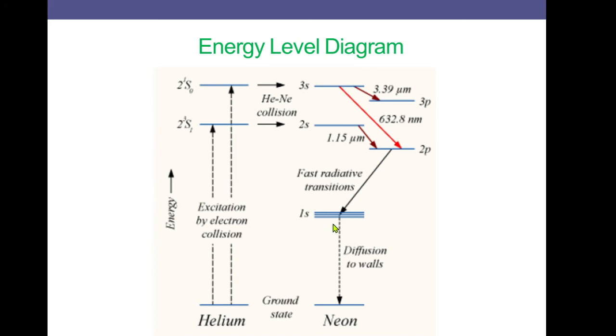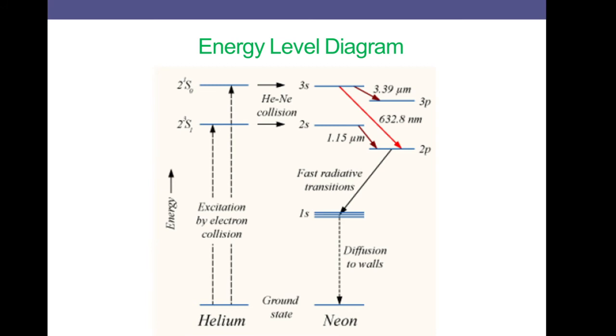1s, by spontaneously emitting a photon. And this is also another metastable state. Faster radiative transition will happen. This is also a metastable state. So here there is every chance for excitation of neon atom from the